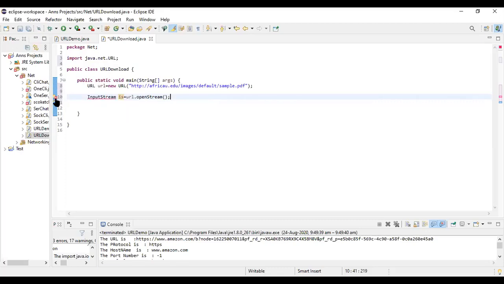I'll do one thing. Instead of dot, I'll have to import everything. Okay, so now things are better. InputStream is dot. Now, what are you planning to do? Tell me, Amarnath. You have a file over there, isn't it? Yes, ma'am. What do you want to do with that file?